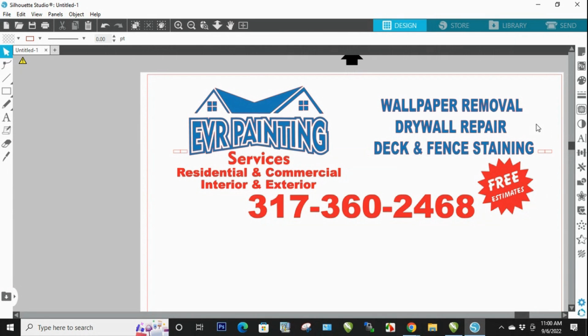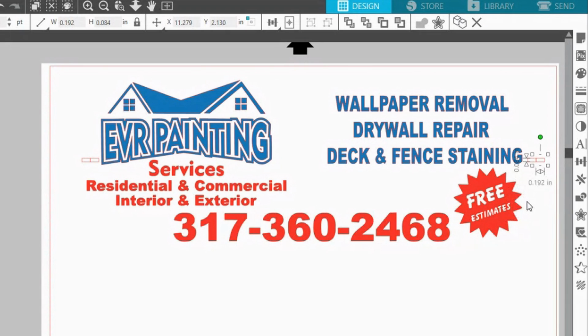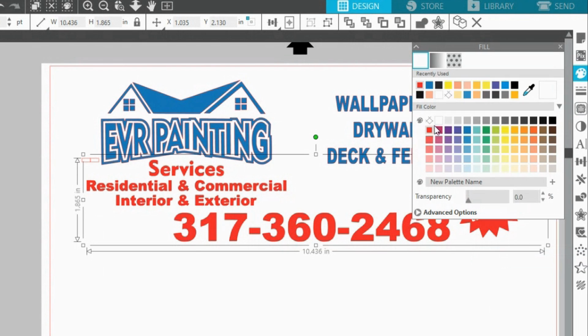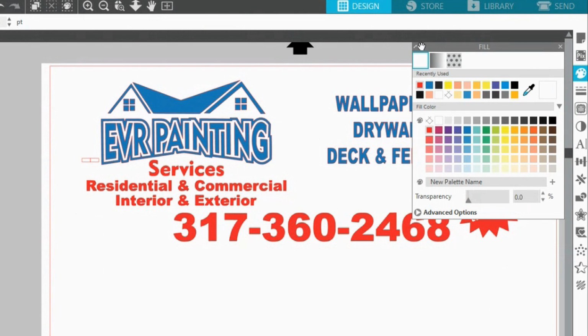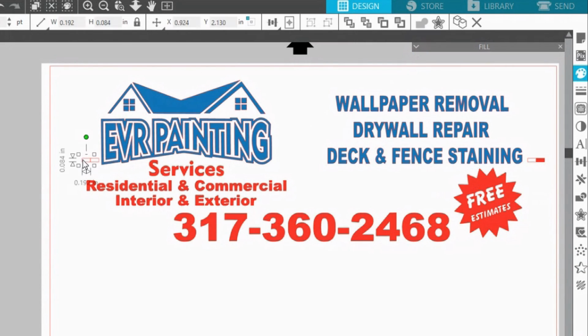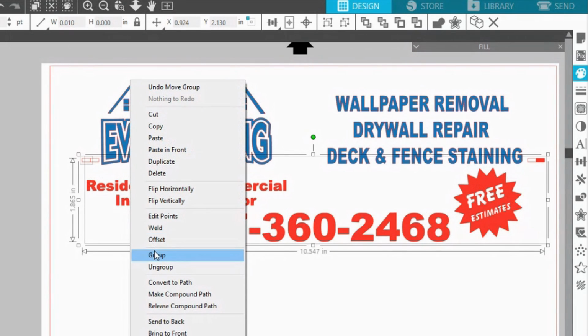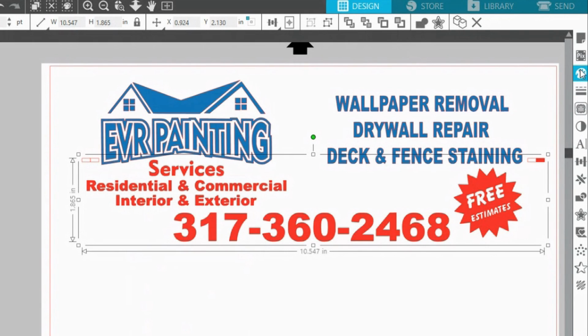Okay, now that we added our alignments, the next step will be to weld or group. I'm going to select, it doesn't really matter which ones you select, and I'm going to use the right side with the bottom part, and I'm going to shift and then group, and I'm going to give it some color. And I'm going to do the same with the other side here, and then shift, left click on the mouse, right click, group, and then give it the same red color,